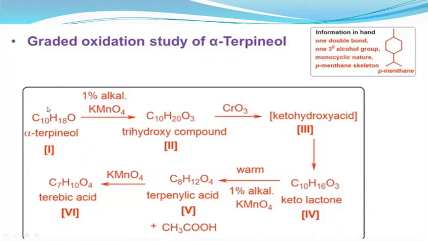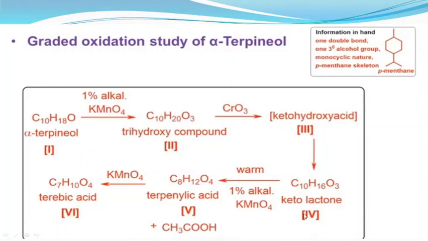Thus, when terpineol is treated with 1% alkaline KMnO4, it forms a trihydroxy compound. As we know, alpha terpineol already contains one tertiary alcoholic group and one double bond. That means the hydroxylation took place at the double bond, resulting in the formation of a trihydroxy compound. This undergoes chromic acid degradation, forming a keto hydroxy acid which is unstable, an intermediate,